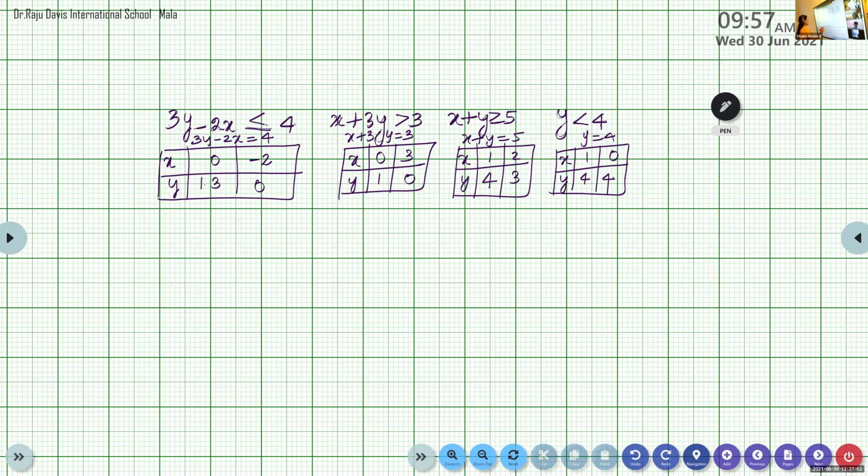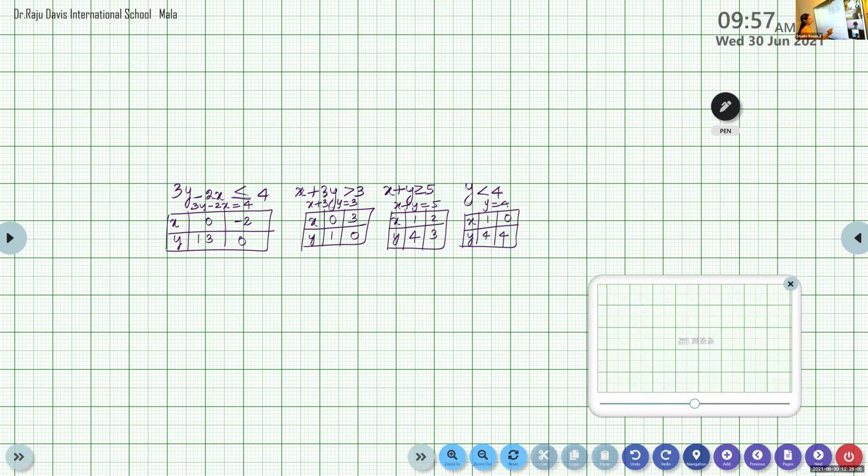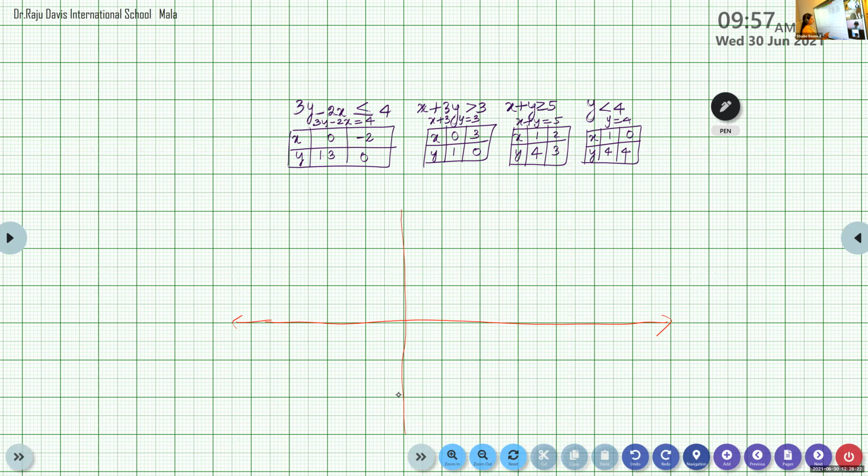So looking at this, we understand that the x value minimum I take is minus 2 and maximum is 3, isn't it? So 0, 1, minus 1, minus 2. Again here 1, 2, 3. Mark the axis x, x dash. Here again y, y dash, 1, 2, 3, and here we want up to 4. Again the y values are minus 1, minus 2.